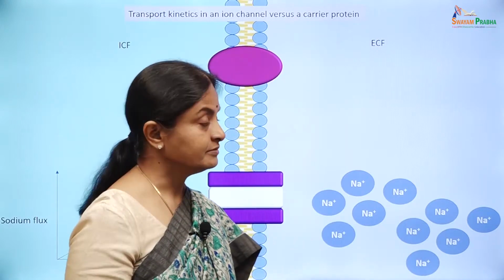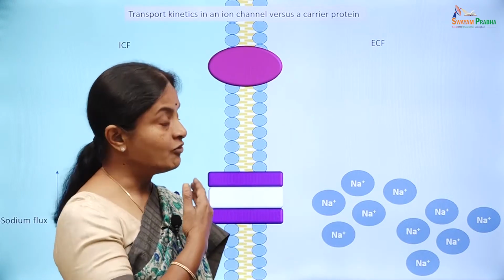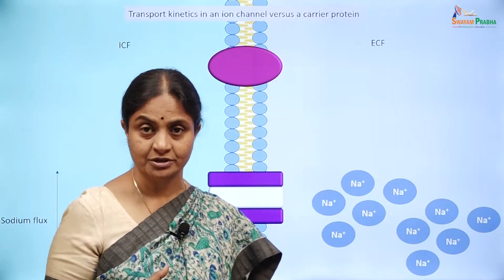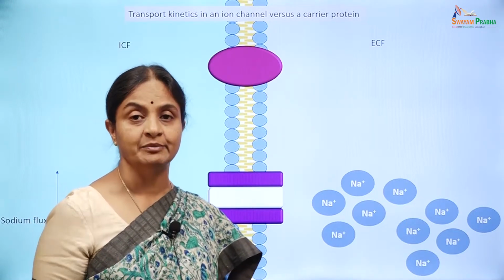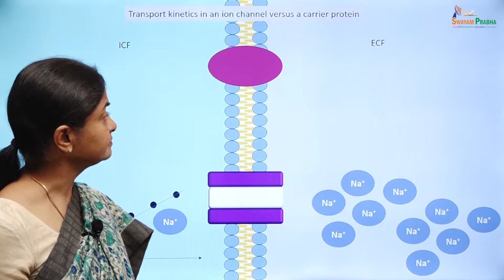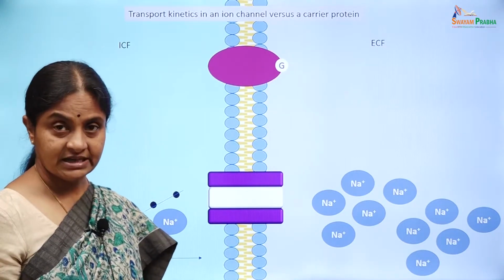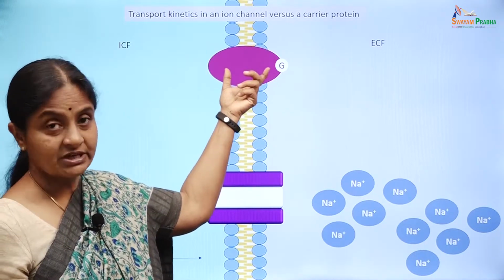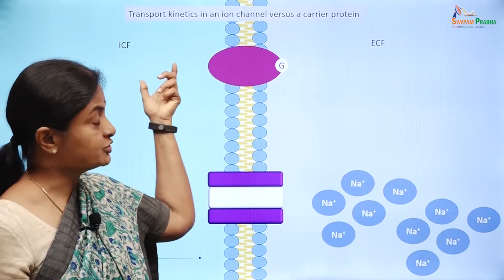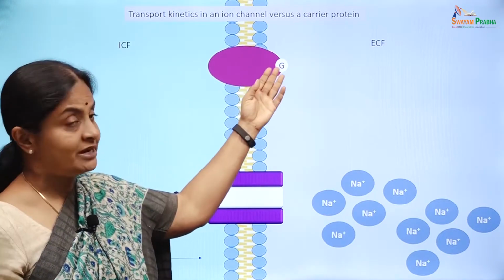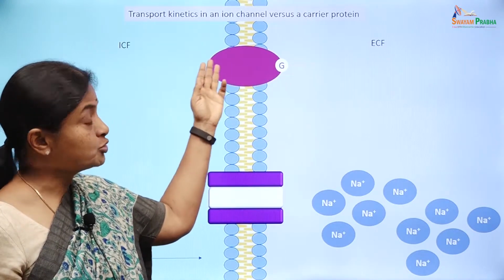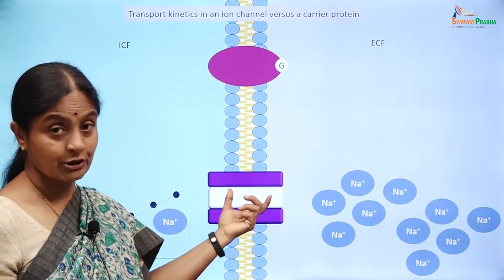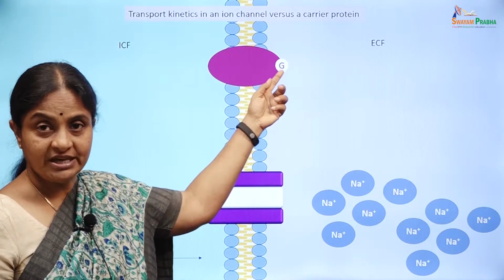In contrast, let us see how flux is related to concentration gradients in the case of facilitated diffusion. Not just facilitated diffusion, any carrier-mediated transport process. Let us take glucose as the example. The glucose transporter, or GLUT as it is called, mediates glucose diffusion across the cell membrane. Glucose would bind to one side. There is no through and through conduit for glucose to go across within this protein as it occurs in an ion channel. After glucose binds to the external face of the protein,